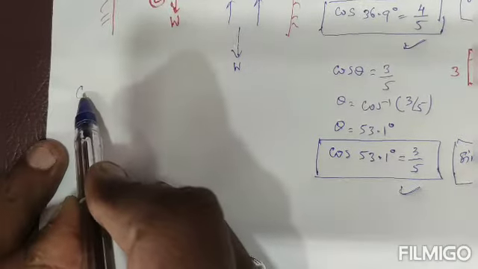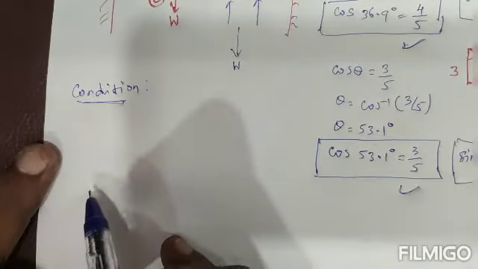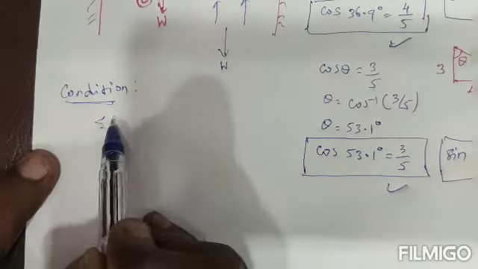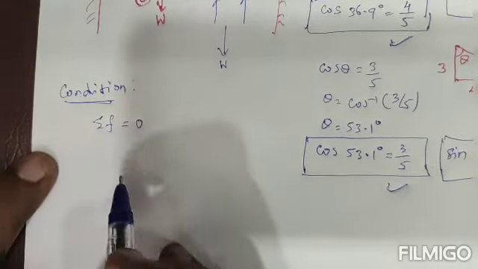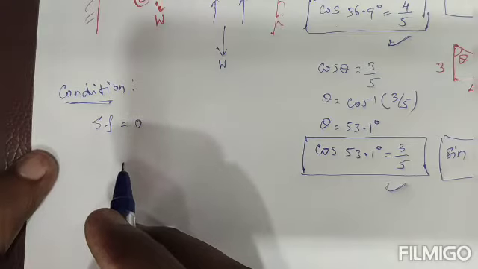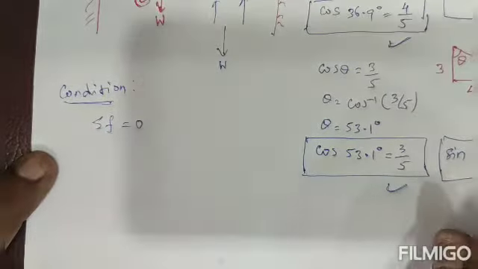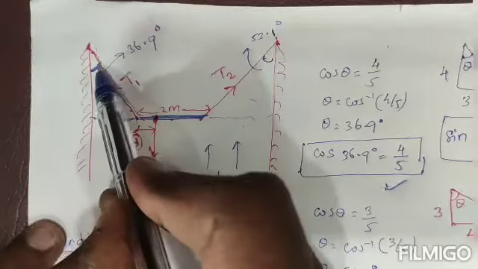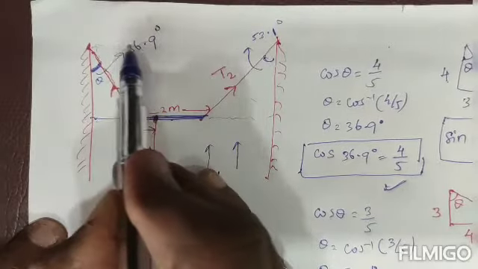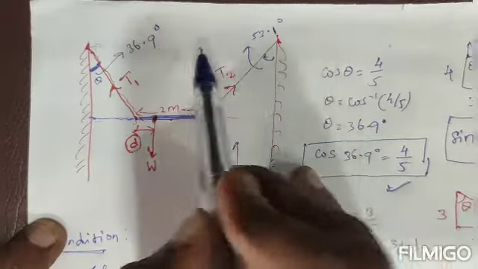So for equilibrium position, what is the condition? What is the condition for the equilibrium position? In the equilibrium position, the summation of all the forces should be equal to 0. So that means vertical value is balanced as well as horizontal value also balanced. Okay, let's take the horizontal value, both side horizontal value. Here T1 sin theta, like that here T2 sin theta. This T1 sin theta and T2 sin theta will be balanced.